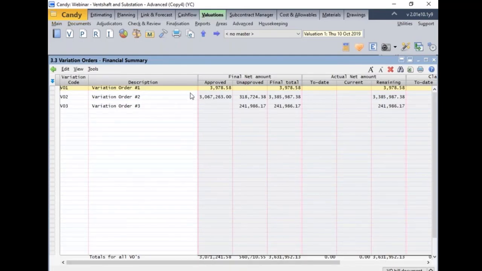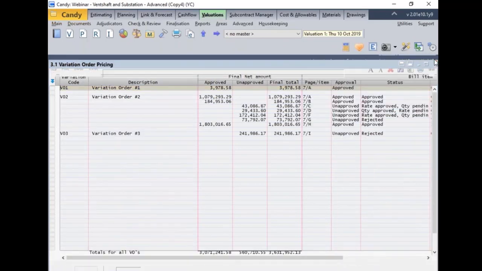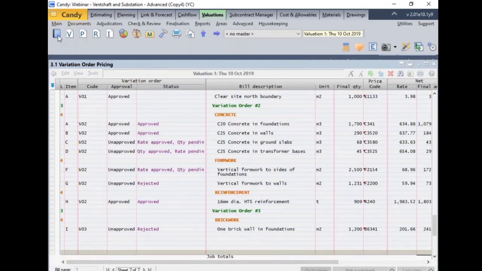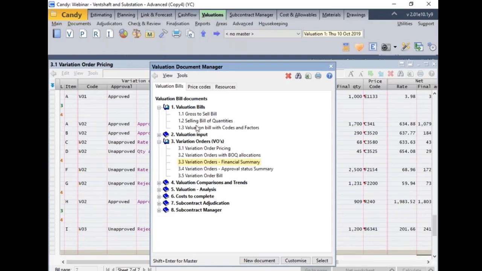Then that will give you a summed up total of all the approved VO items and all the unapproved VO items and the final totals, right? Just for this exercise's sake, we're going to put in some progress so that we're able to record and report on that progress. And how we're going to do that is by going to our normal valuation document,